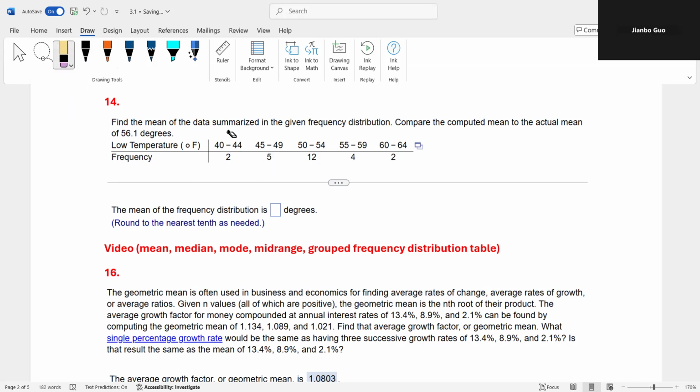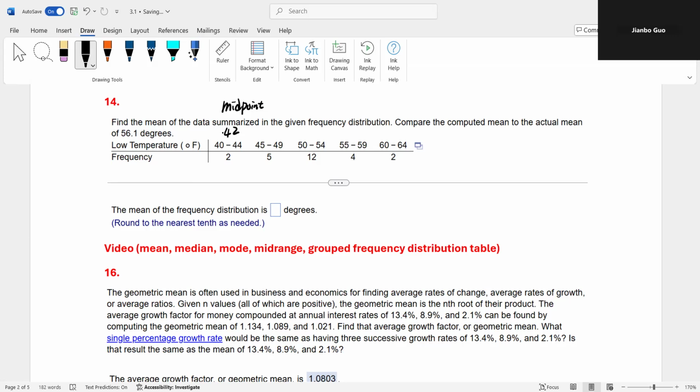To manually calculate the mean based on a grouped frequency distribution table, we first find the midpoints for those classes. The midpoint is the average of the lower limit and upper limit for each class. The first class has a lower limit of 40 and an upper limit of 44. Which value is in the middle? If we add 40 and 44 together, we have 84. 84 divided by 2 is 42, right? So 42 is the value in the middle. 42 is the midpoint